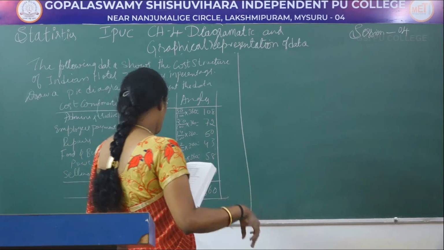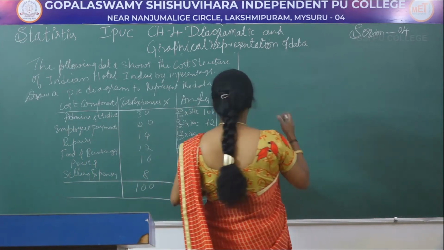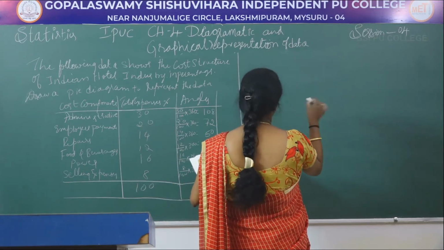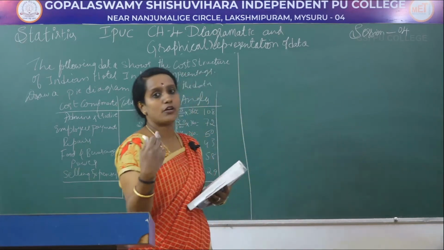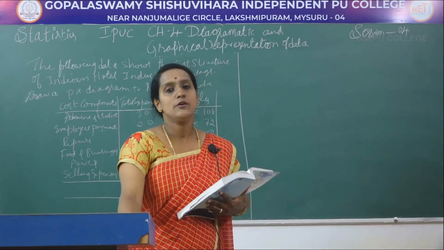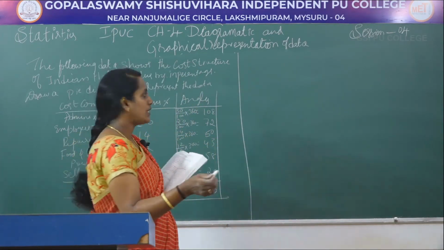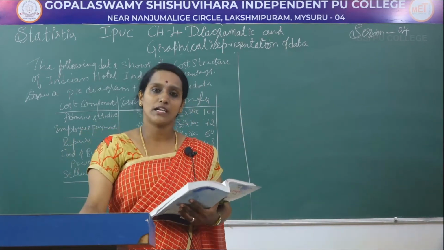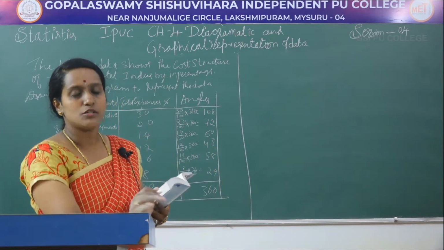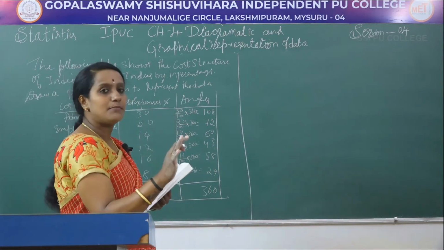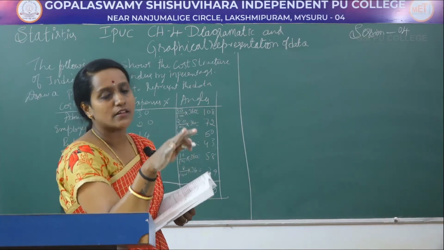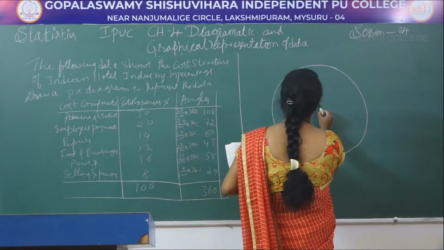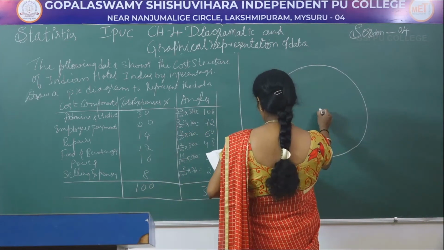So next we are drawing the pie diagram showing the expenses of the hotel industry. Here I am drawing a rough sketch. To draw the circle, you can use your compass, it is very good. And to mark the angles, you need a protractor. In this class, I am simply showing just a rough diagram. When you draw the circle, you will exactly get the center point. That is very, very important.